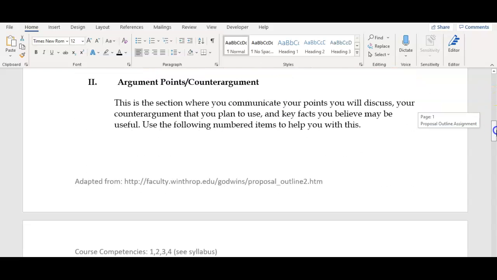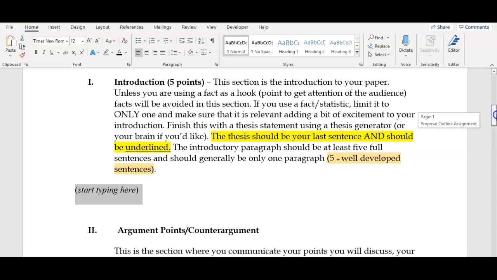So this is the section. So you're going to do your full introduction. It does have to be well developed. So I want to make sure that you're developing your paragraphs very, very well. That means that they're not short and choppy, that you have variety in your sentences. So I really want you to be conscious of that effort